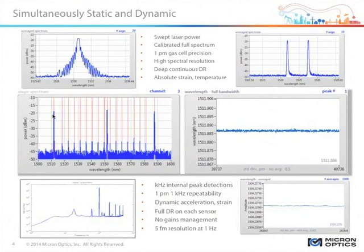So we envision the full spectrum data from this platform being used in one of two ways. When you're using it principally as a dynamic measurement interrogator, then being able to, at a lower rate of speed, say 10 hertz, view a particular channel for setup, diagnostics, and assuring peak detection parameters are right. That data will be delivered at a low rate on a selectable channel at 10 hertz. So when you're scanning at a kilohertz, this is a kilohertz interrogator with spectrum, user selectable. We are also envisioning